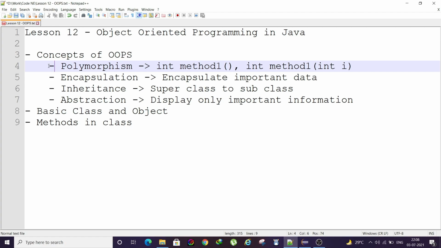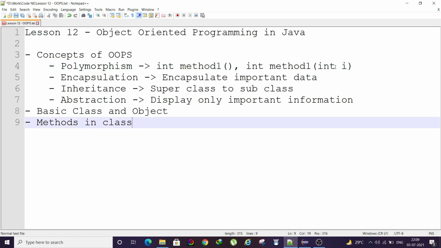In the sense of Java programming, let's take a method with the name method1. It can exist in one form which does not take any argument, and also there is a method1 which takes one argument. So method1 can exist in several different forms.